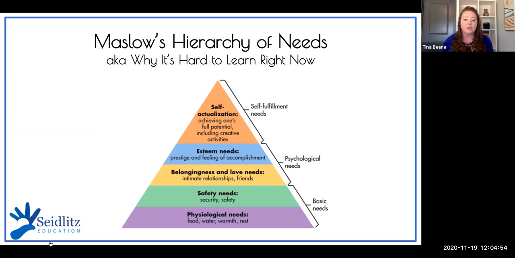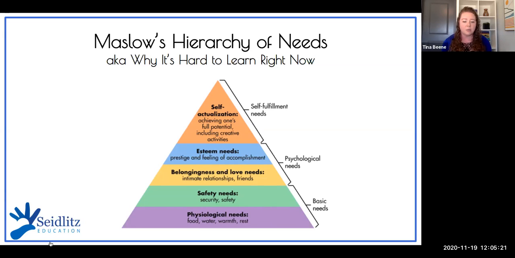So I hope that this next week you can spend some time focusing on your belonging needs, your safety needs, and your own physiological needs, because I know that you have worked harder than you've ever worked before in the last couple of months, and I really hope that you can get some rest. But between everything that's going on, and everything you have coming up in December and next semester, I know that may be challenging. But just be aware that it's hard for everybody when we're not connected. It's really impossible to learn.